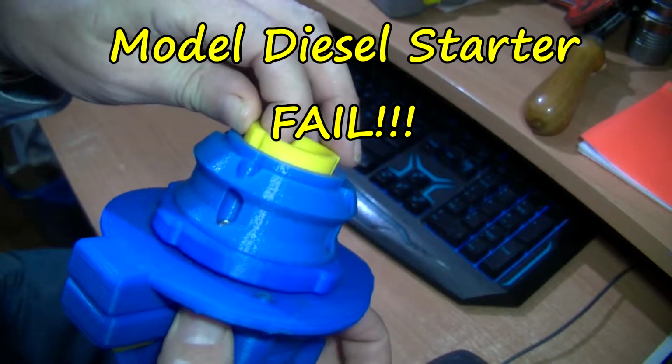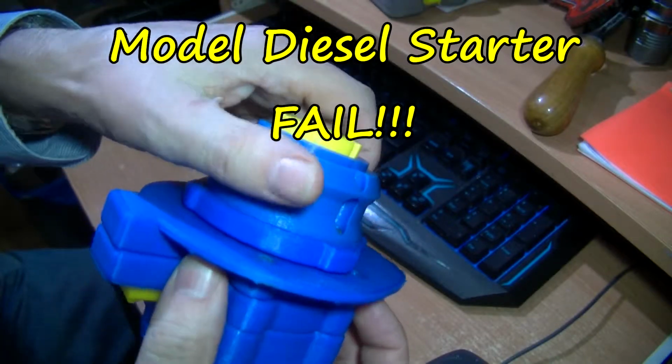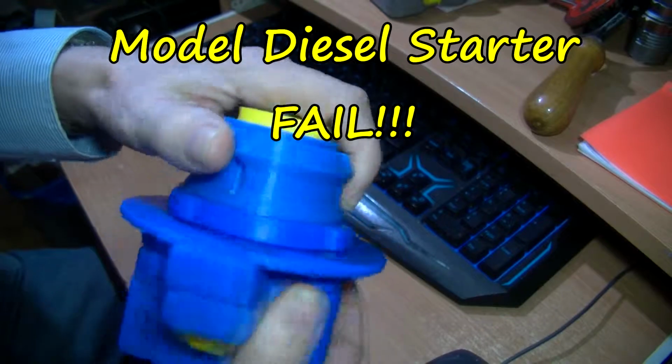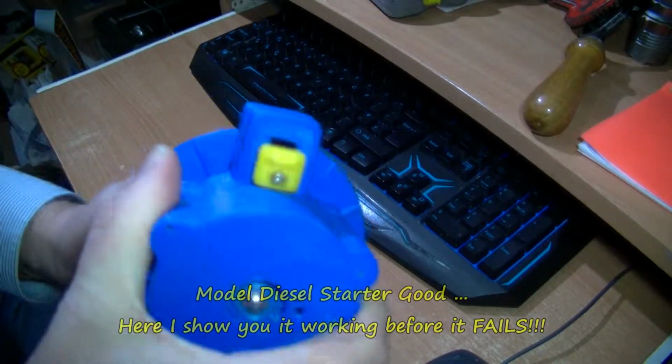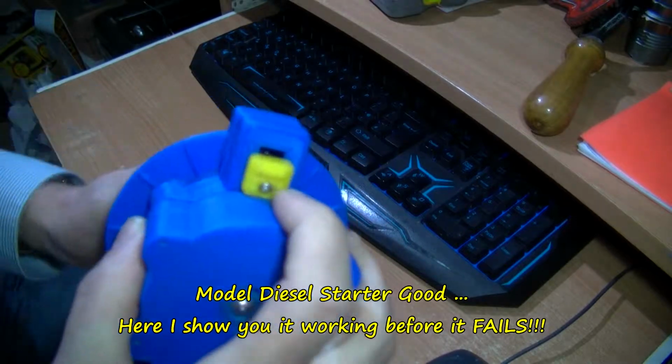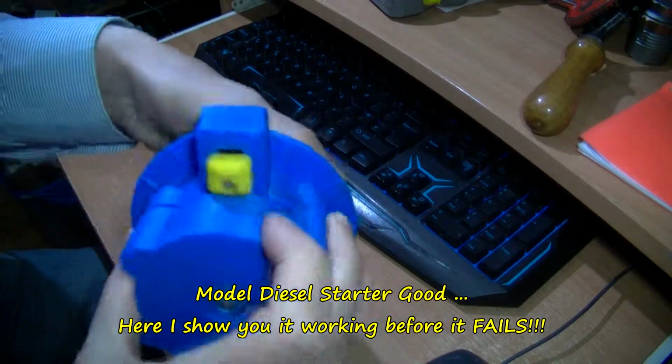Types. You can change that if you want. And basically you wind it up. See the pawl clicking there. There's a pawl on here that locks it. Now this,